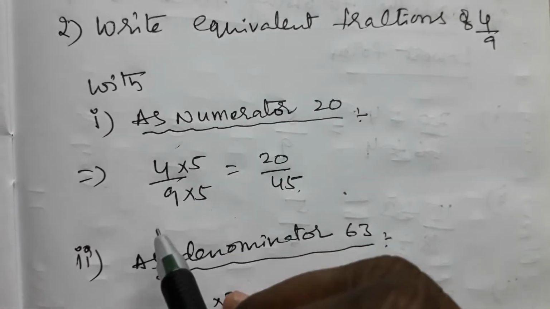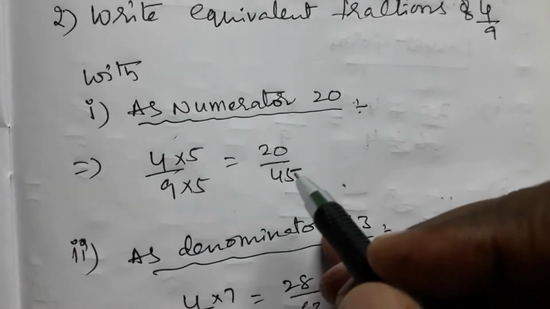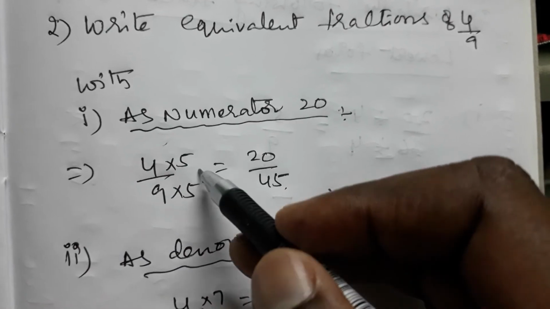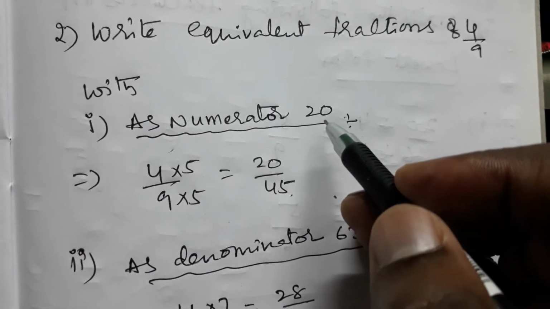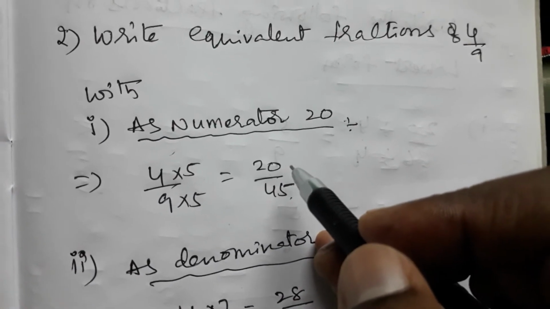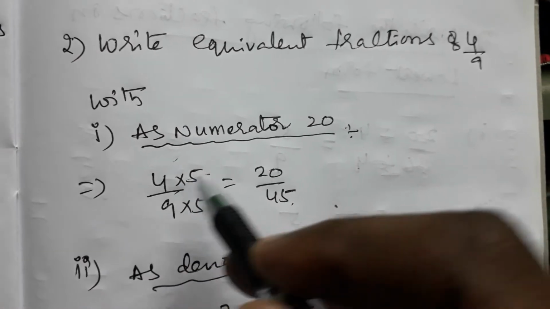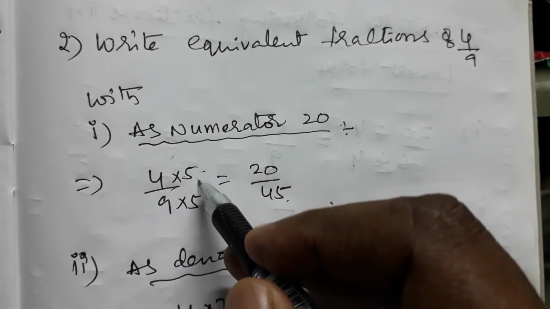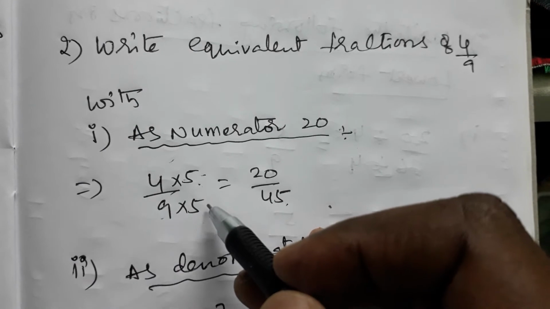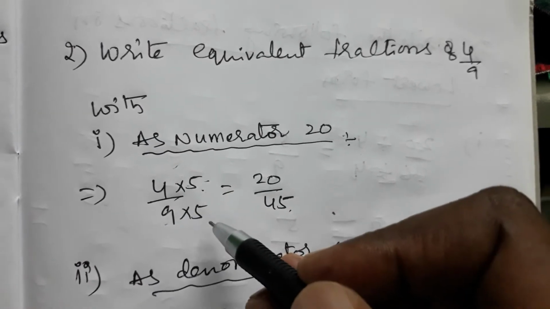The given fraction is taken here and multiply with the same table. Numerator and denominator multiply with the same table. Then only you will get new equivalent fractions. So why am I multiplying with 5 table? He asked the condition as numerator as 20. 20 is asked as numerator. To get numerator 20, what do you have to multiply 4 with? 5. So here also 5. Why am I multiplying both with 5, 5? You want an equivalent fraction. So to get an equivalent fraction, what do you have to do? Both numerator and denominator multiply with the same table.